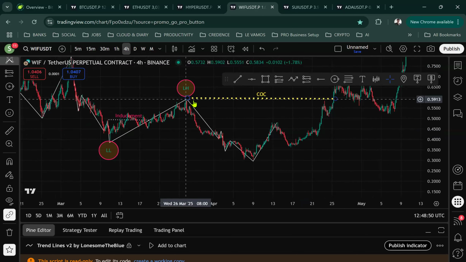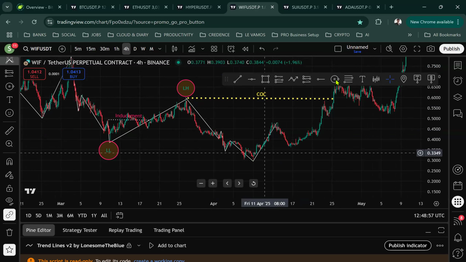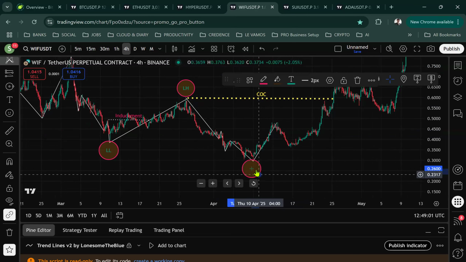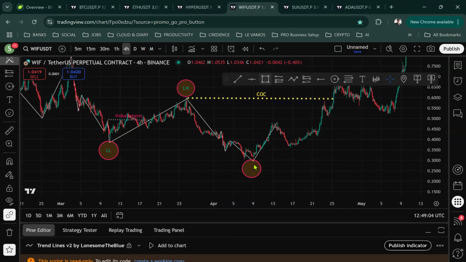From this lower high, I have a confusion. Can I consider this another lower low, or do I have to